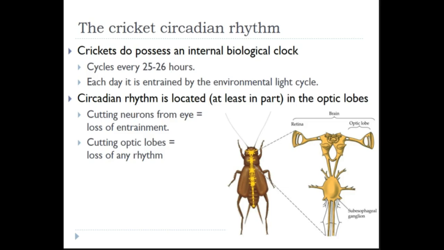However, you could imagine maybe the retina of the compound eye is out here. But this structure in here, this little bulb, is called the optic lobe. So this is not actually part of the eye. This is the part of the brain that's receiving information from the eye. And if you remove the optic lobe, not only can they not entrain, but they cease to have any kind of schedule or rhythm at all. And so apparently, at least within crickets, somewhere within this structure are cells that, either by talking to each other or having some kind of internal process, are determining the circadian rhythm of these crickets.